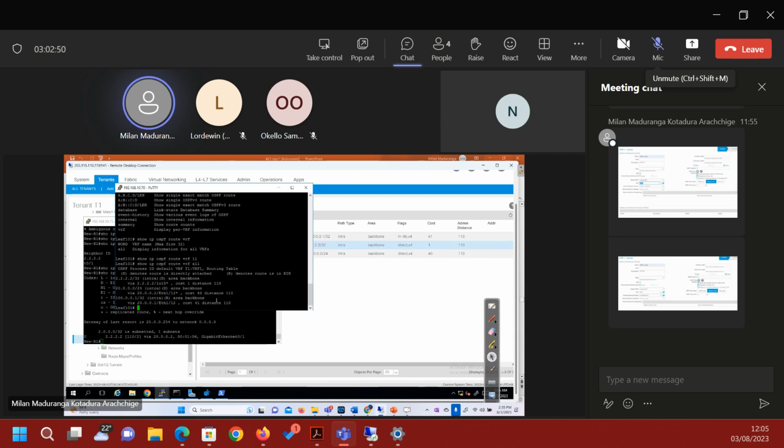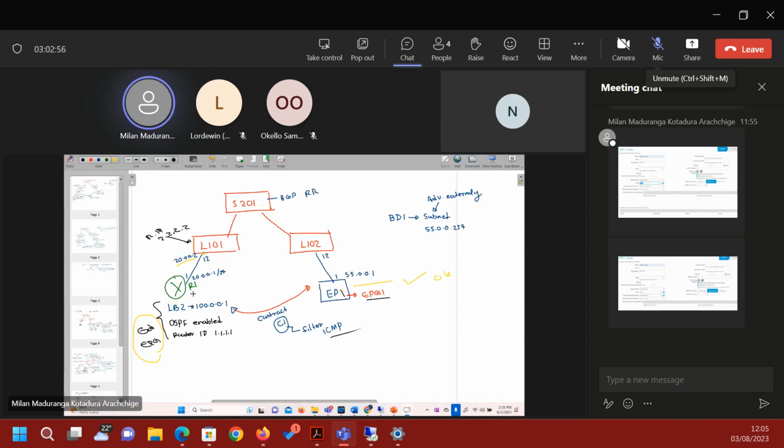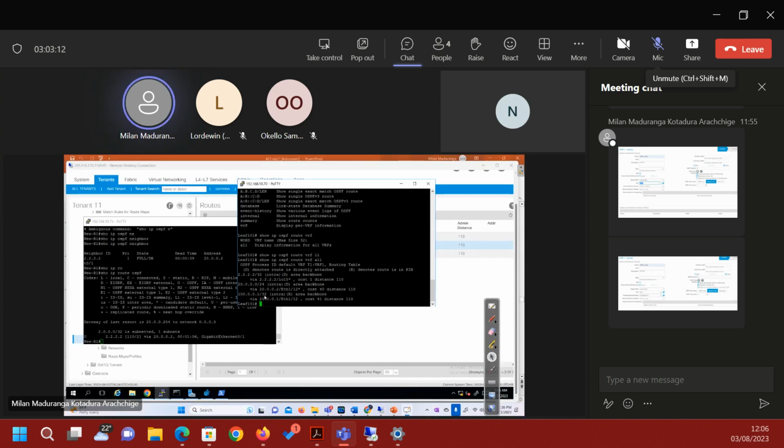So now this is my leaf, right? With the router, I have two networks, the 100 network and the 20.0.0.1 network, right? So now that information should be available on leaf 101. See, the 100 network is there, the 20 network,